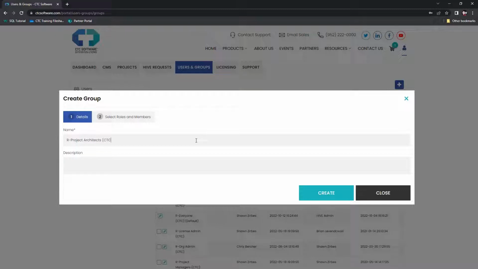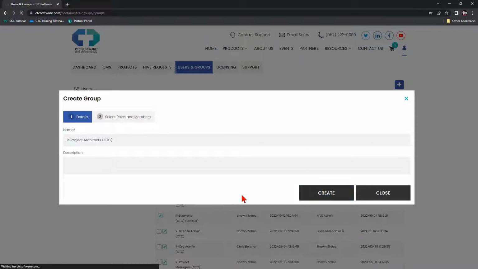And I'm going to suffix this with my own corporate initials, just in case in the future I make groups for users outside of my firm and I want to put them into a subgroup. I can suffix with their corporate initials, so I can identify which group is me versus some other company where I want to group people. I like to do this as a naming convention, but that's entirely up to you. You can give it a description if you want to, but I'm going to go ahead and create